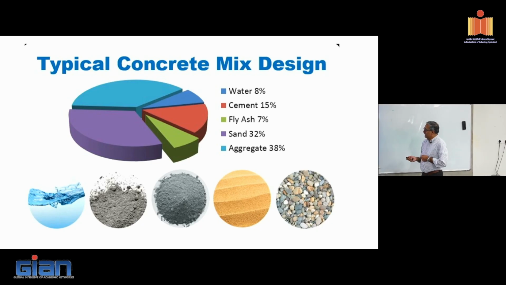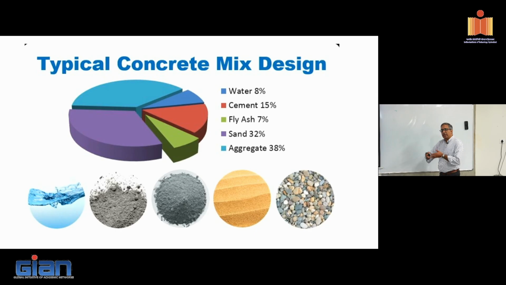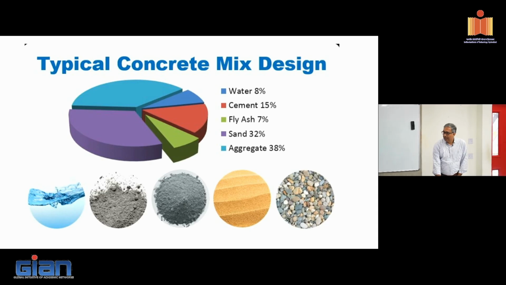So finally, when all is said and done, this is typically what we end up with in concrete. We have coarse aggregate, and we pack the gaps between them with fine aggregate. Then we have cementitious material that packs the gaps between these two. The whole objective is to minimize this content here, to bring down the cost, and maximize these fellows in order to achieve better economy.